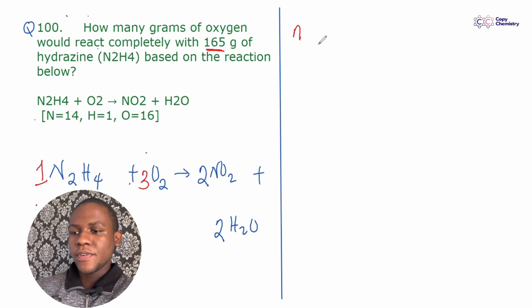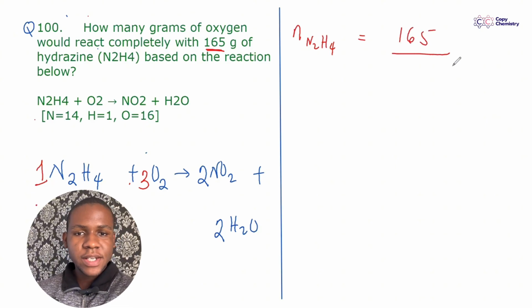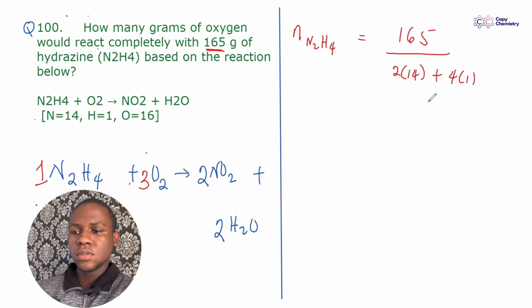So number of moles of hydrazine is equal to the mass, which is 165, divided by the molar mass of hydrazine. And that is 2 times 14 plus 4 times 1. Compute all that, and then you have 5.15625 moles of